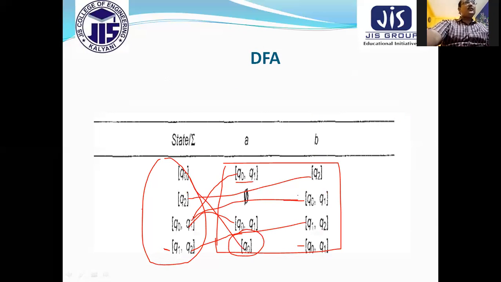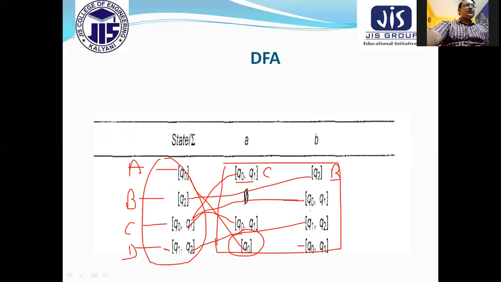So all are included, so I can stop here. After stopping, we can consider this as a single state, like A, this is B, this is C, and this one D. Similarly, I can write here C, and Q2 is B, so I can write B,